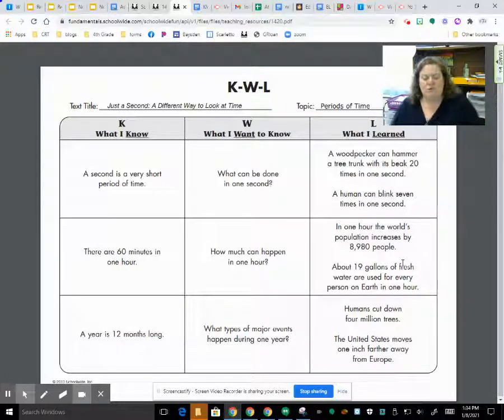You do want to leave your questions in the want to know section. You want to leave them fairly open-ended so that your topic, if your book is not giving you the answer to that, if you're reading a book about a certain soccer player, you wouldn't want to know about scores or stats from a team that he's not on. So you want to make sure that the book and the questions are kind of general, the questions that you have. Don't be too specific with your questions. Kind of your wonderings, what are you curious about when you think about your topic of your book?